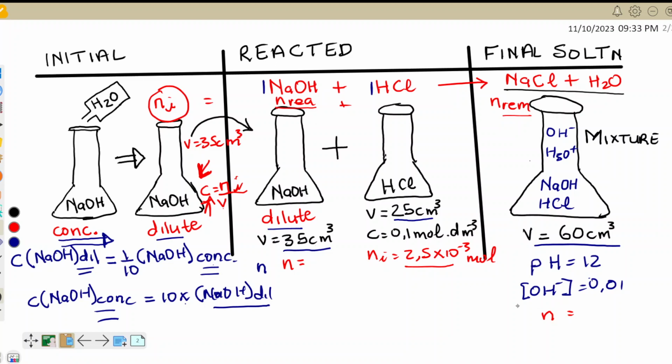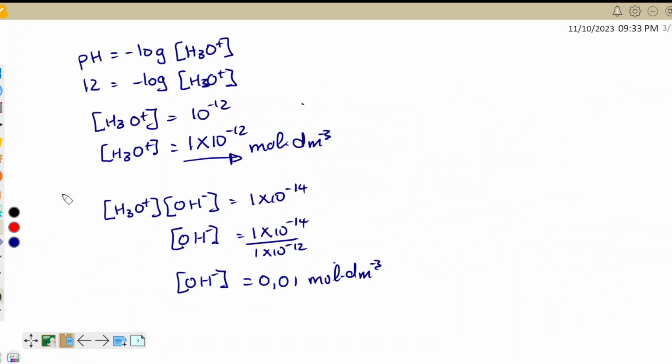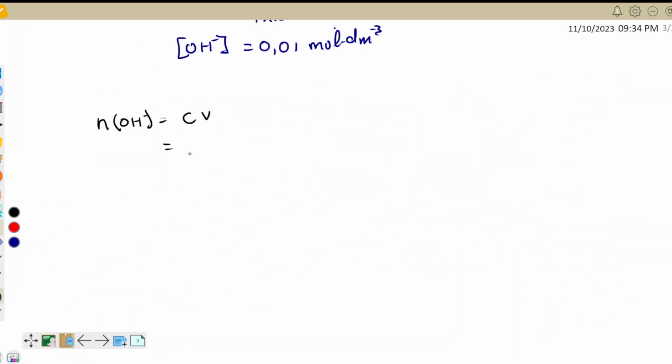Okay, if we look at this one, the number of moles in the final solution for the base is C times V. We already know the concentration of the OH minus ions, and we know the volume, which is 60. So we're going to multiply this concentration and that volume, then we'll find the number of moles in the final solution. So we take that concentration in the final solution, we multiply it by the volume. Remember, the volume was 60